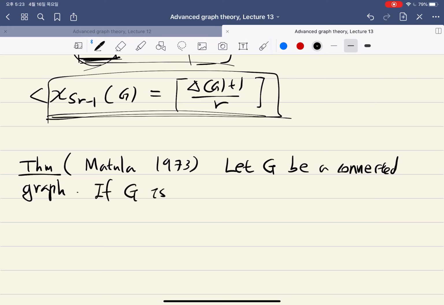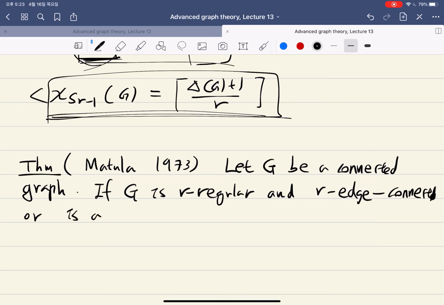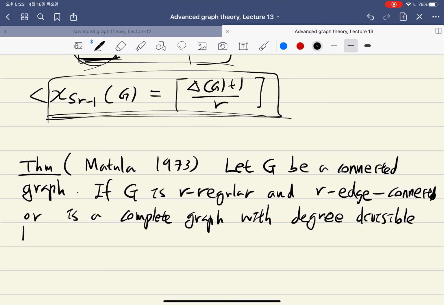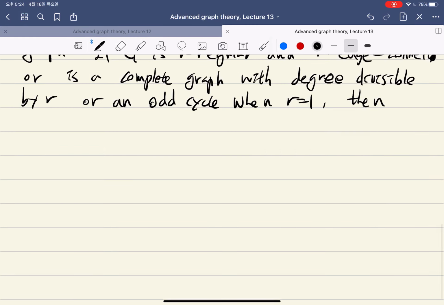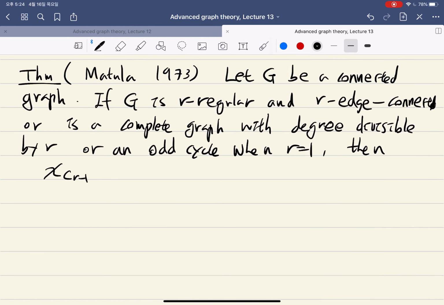If G is R regular and R-H connected, or is a complete graph with degree divisible by R, or an odd cycle when R equals 1, if one of the cases holds, then we can show that